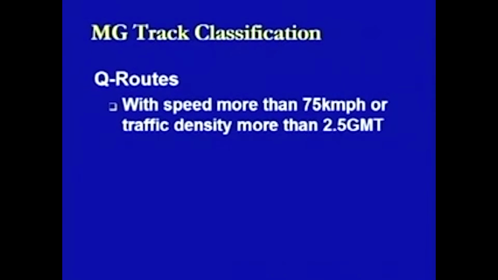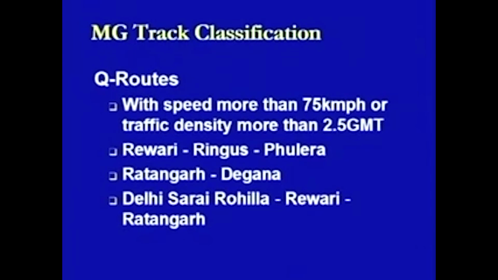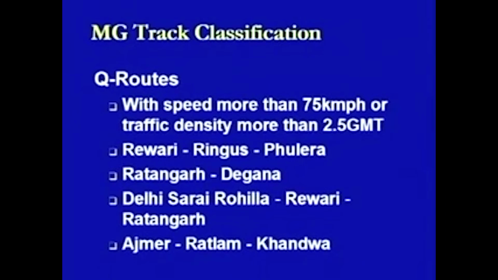Now we move to the meter gauge track classification. In the case of meter gauge track classification, we have 3 categories of the track classifications. The first classification category is the Q routes, where the speeds are more than 75 kilometers per hour and the traffic density is defined in terms of more than 2.5 GMT. In this case, some of the examples are Rewari, Ringas, Phulera, Ratangarh to Degana, Delhi Sarai Rohilla to Ratangarh, Ajmer to Khandwa,